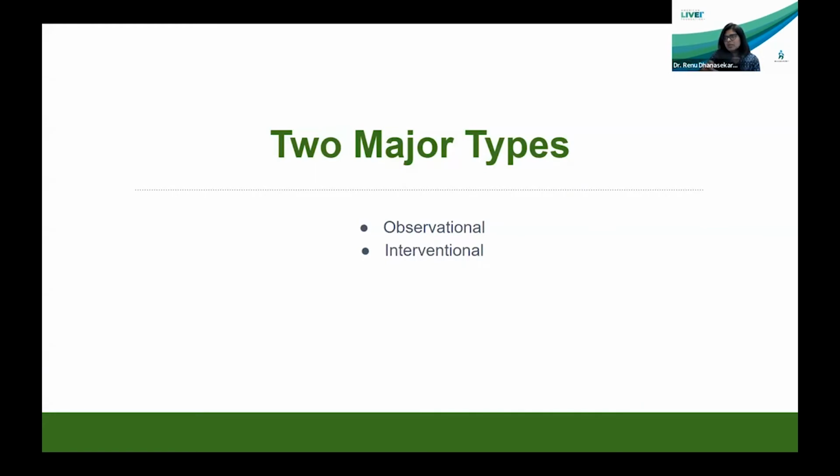Now, there are two major types of clinical trials. One is observational and two is interventional. In the observational, they are groups like me who do this kind of research. We collect biological samples and clinical data from patients who have conditions, and we observe them over a period of time to understand the disease better. No intervention here is administered. This is more to understand and help patients in the future.